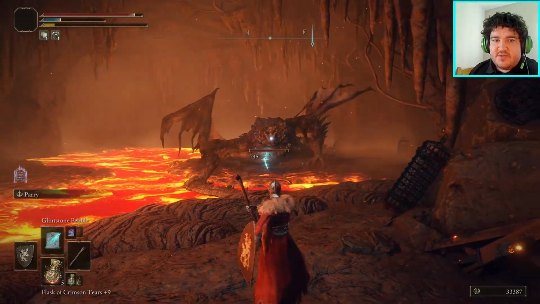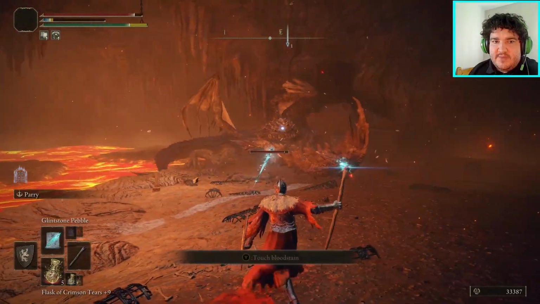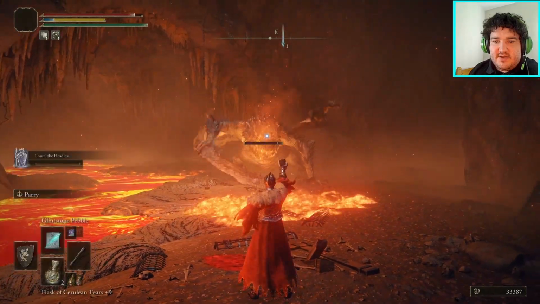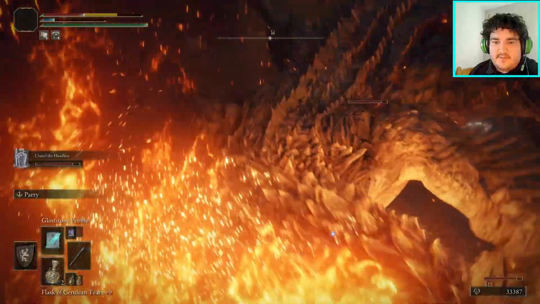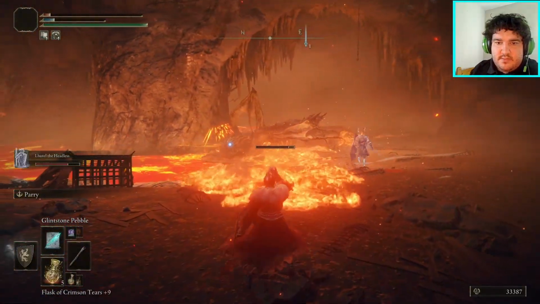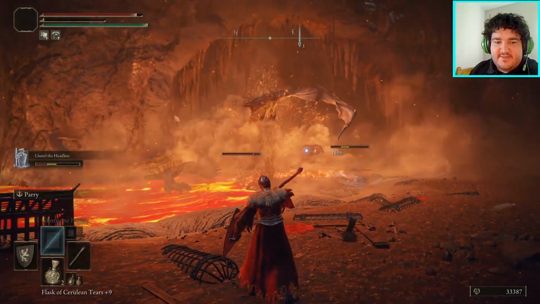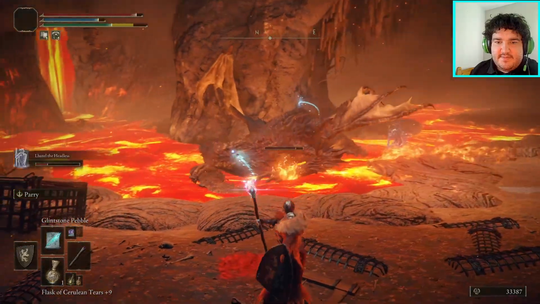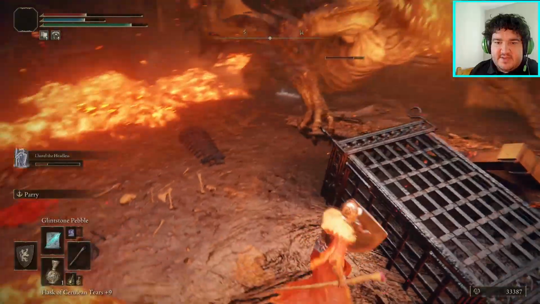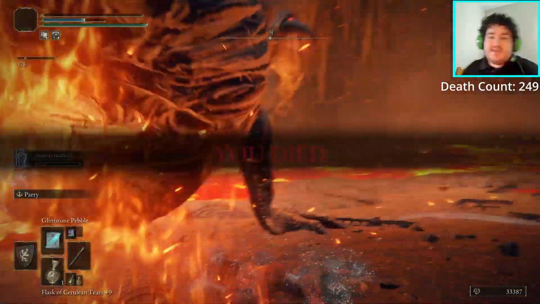Just gonna run out of magic for once. And then, oh, that was a mistake. I was just gonna summon Noodle. And he's gonna kill himself. Lovely. Trying to punch. Did I run out of stamina? Was I being bad? The answer is always yes. However,